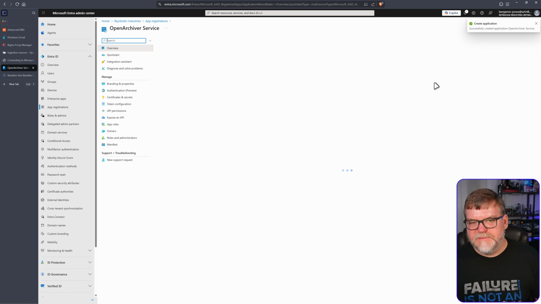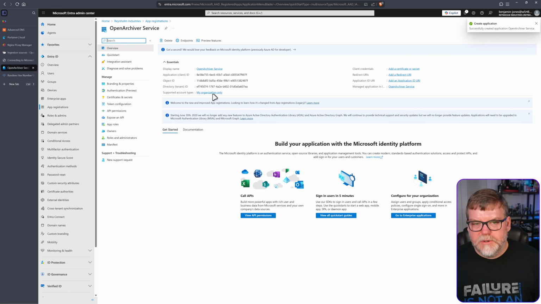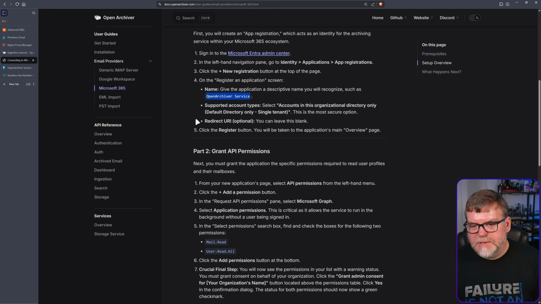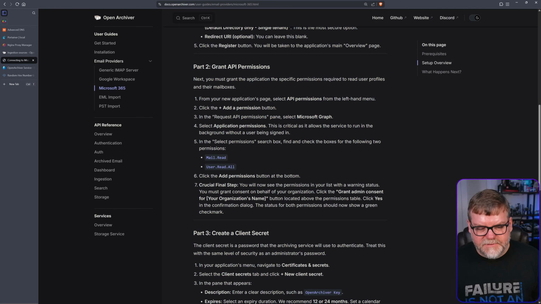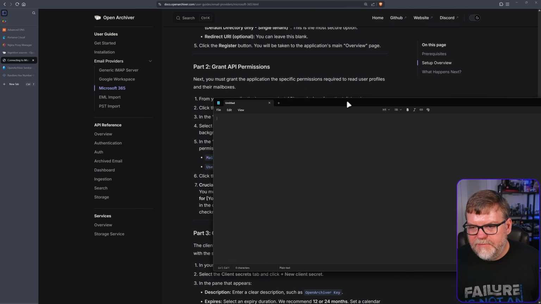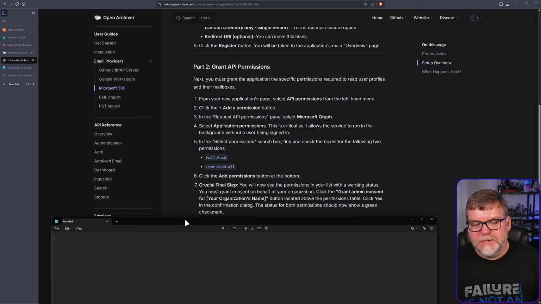All right, we have successfully registered it. Now we're going to be giving it some permissions, and I assume gathering some information about our specific tenant here. I'm going to go ahead and fire up a notepad. I'm sure we are going to probably need it. I'm going to just have this in the background because we're probably going to need to record some